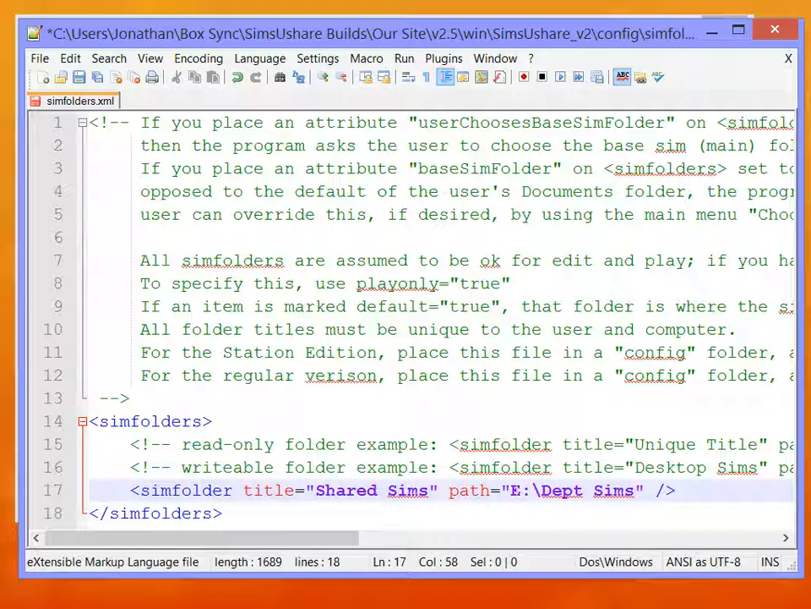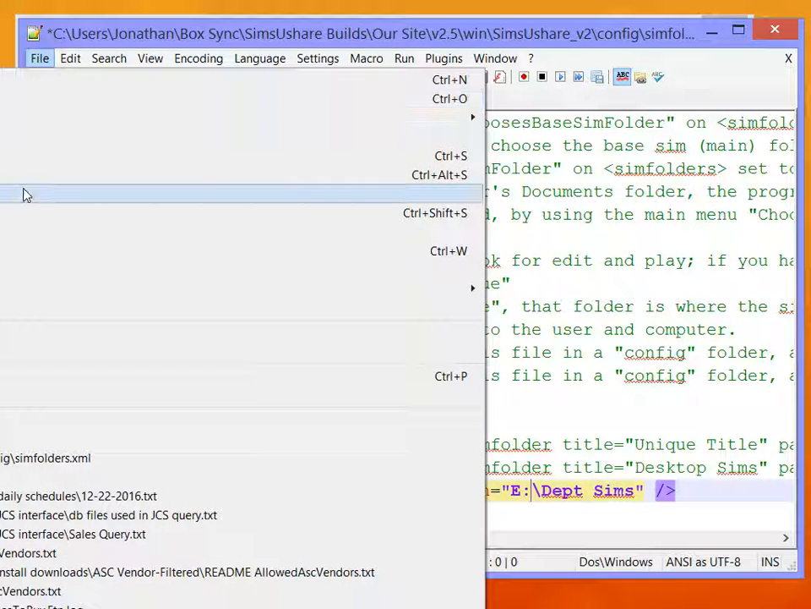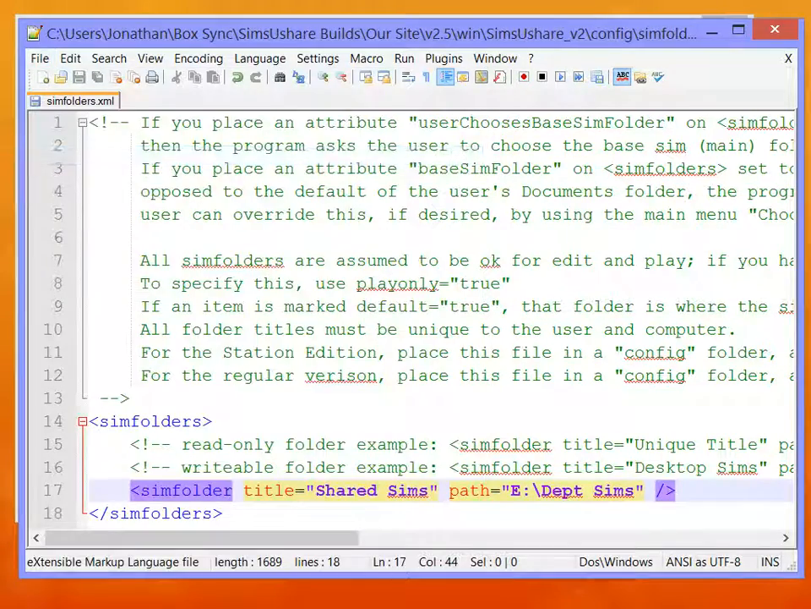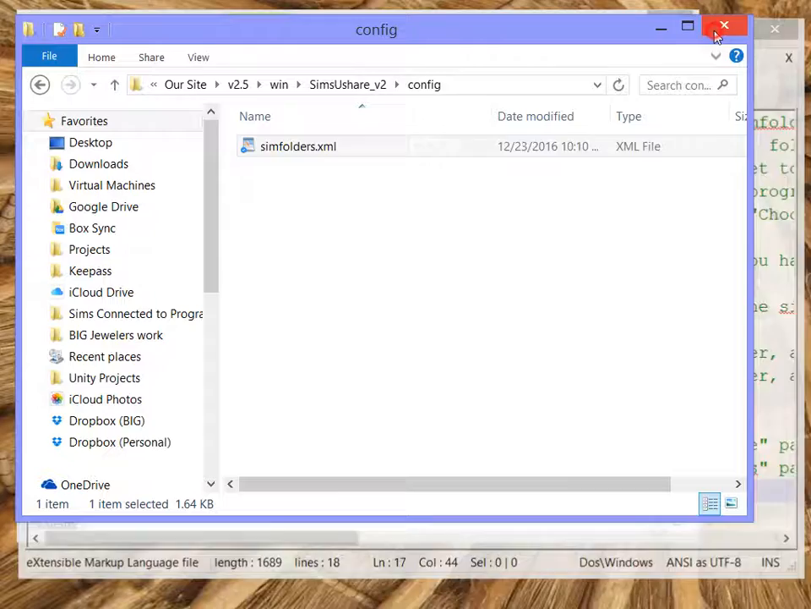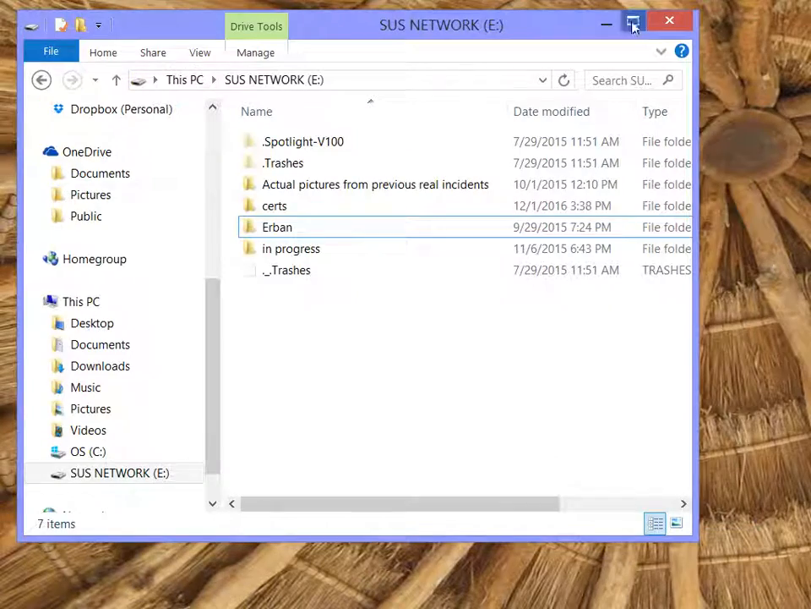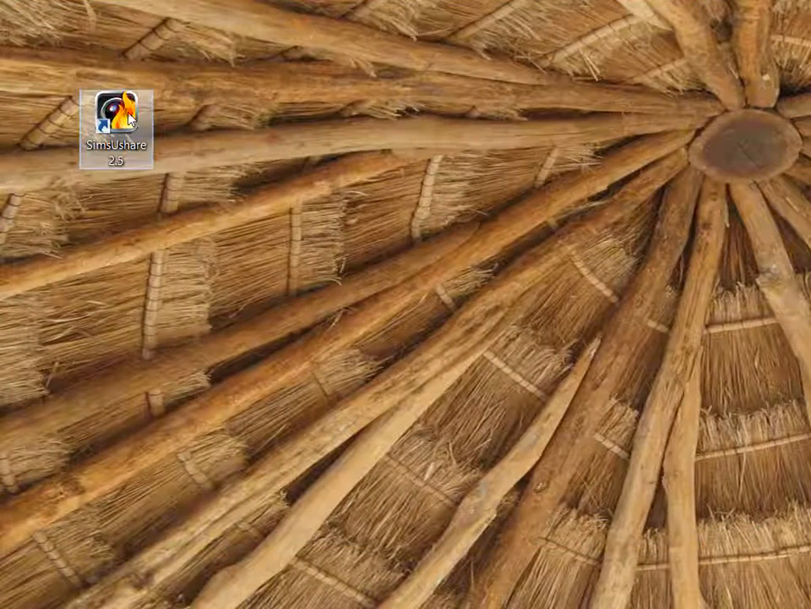If you don't have a network drive letter like this, you could also use the UNC path, whatever your administrators have set up. I actually have the drive letter set up. The UNC path is probably better. Actually, doesn't really matter for this. So what I'm doing here, I'm going to save the file. I'm saving it. And now when I actually run SimsUshare from my location,